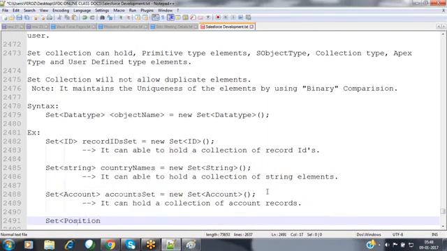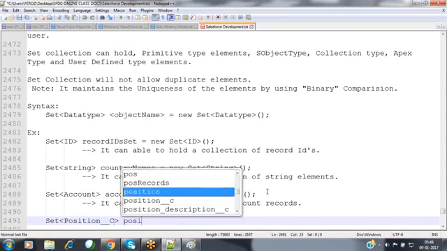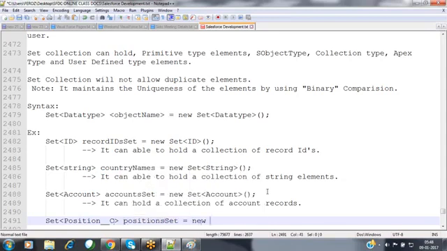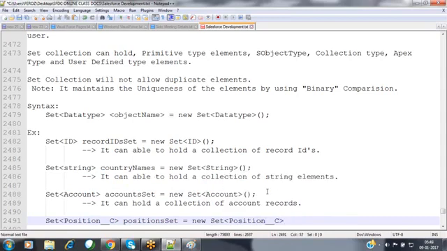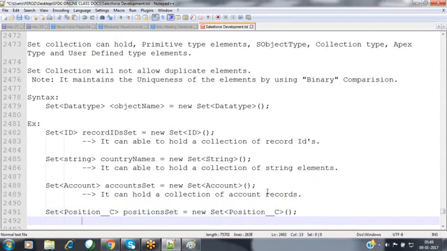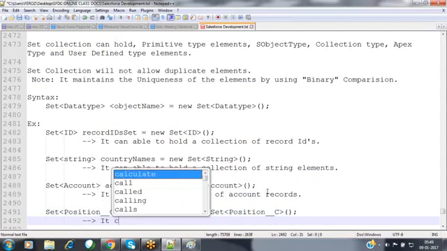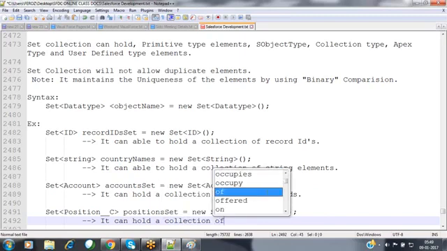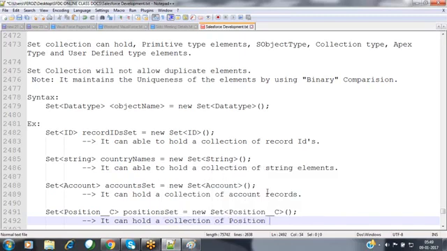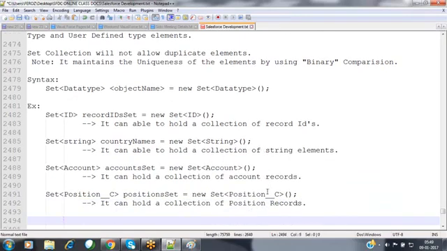Set of Position__c: positions set equals new Set of Position. It can hold a collection of position records. Like that, we can store a collection of elements inside the set collection.